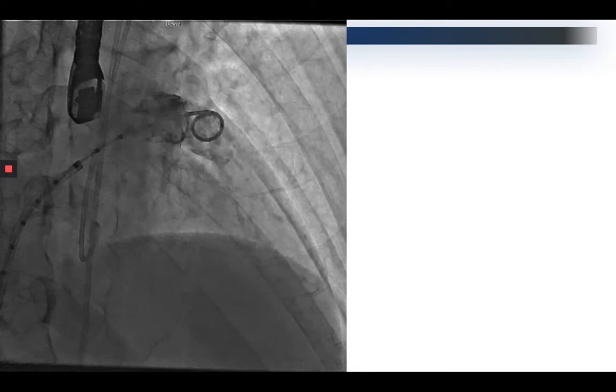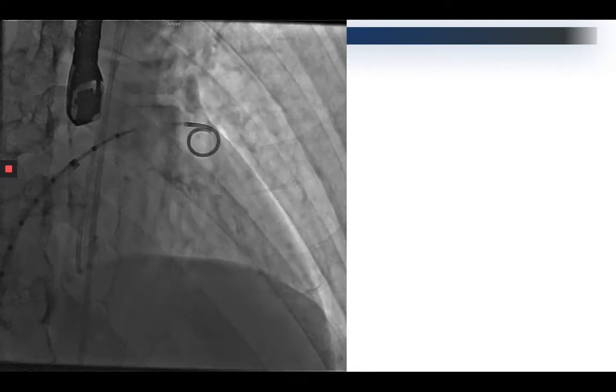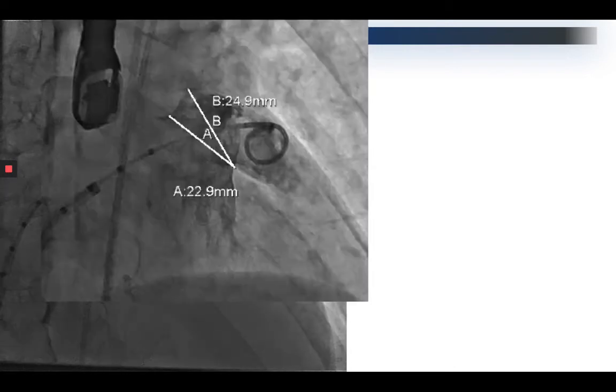The second case was more challenging. This is a chicken wing anatomy with a sharp band quite proximally. The landing zone we measured 24.9. So we implanted a 28 millimeter ACP device, and the procedure itself was not